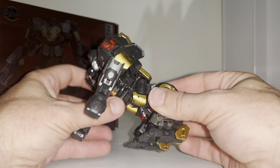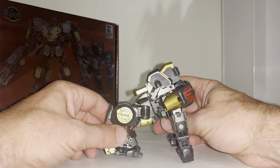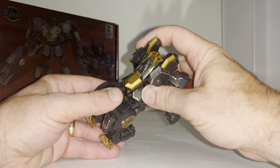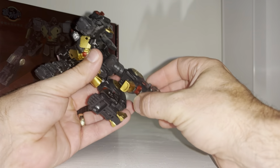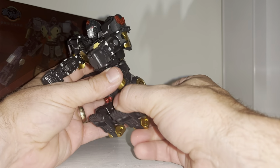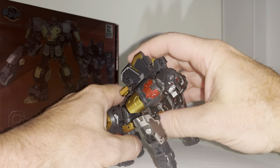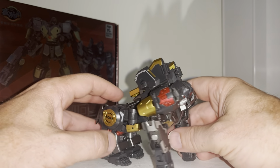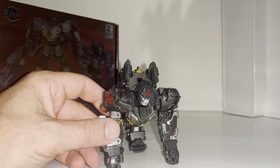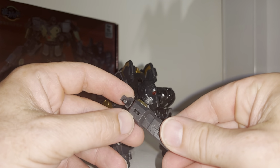It's just the legs, so you can see how they fit. If I've got this completely wrong though, guys, please tell me in the comments, but I've checked everybody else's pictures online and it looks like it's that way. I mean, you can move at the knees, but then of course all this comes off. It's just, I don't know, I'm probably being overly picky, but it does, I mean, it looks amazing, it really does. You can then take one of his weapons, which is the blaster, and you've got a cutout there, and